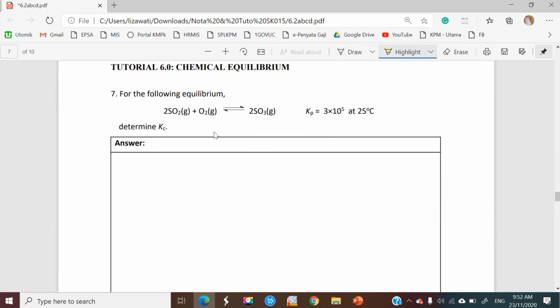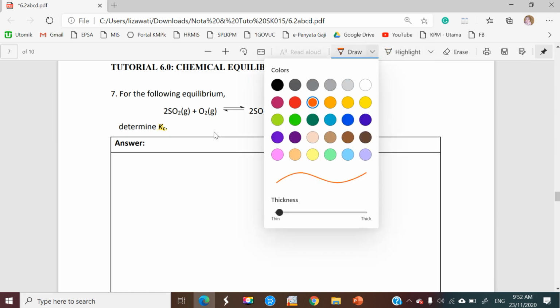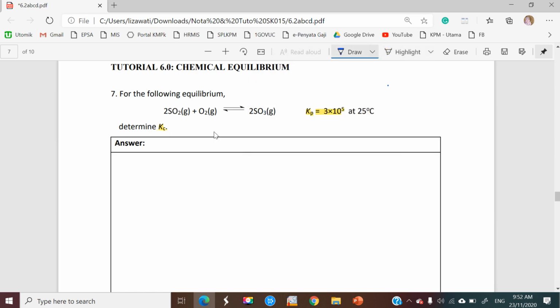Alright. The following equilibrium is given to you: 2 moles of SO2 gas react with oxygen gas to produce 2 moles of SO3 gas, and the Kp value is given. Here you have to determine the Kc. Right, the question does not give you any information about the concentration at equilibrium, only the Kp value. So you have to use Kp equals Kc